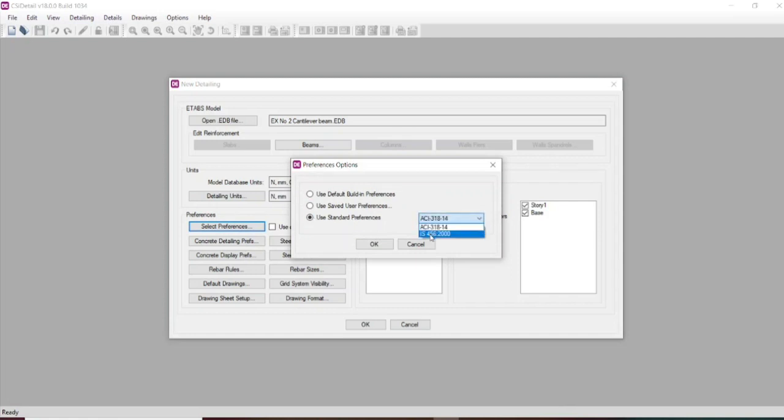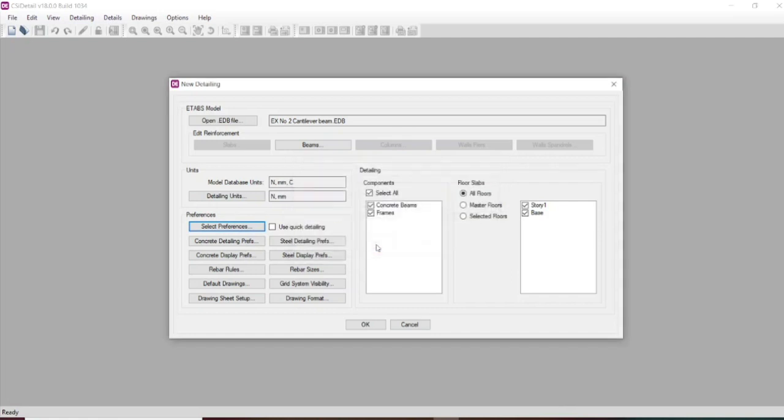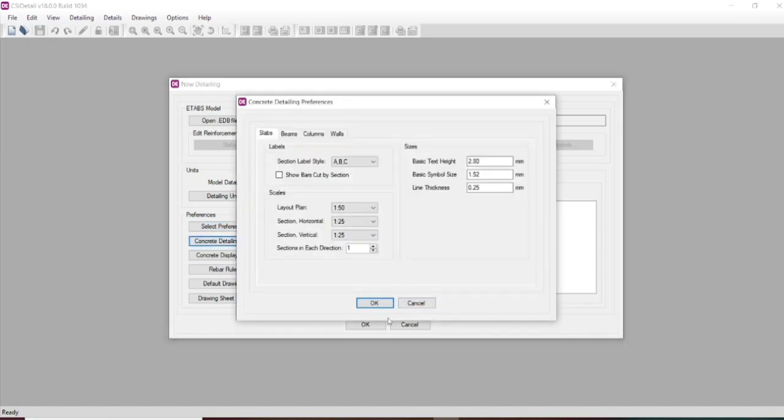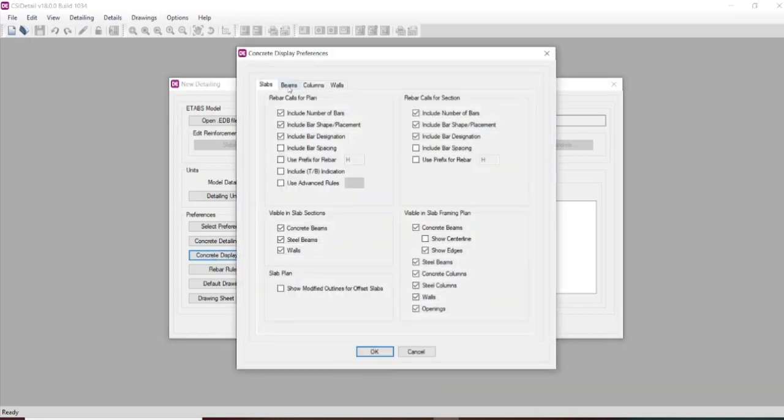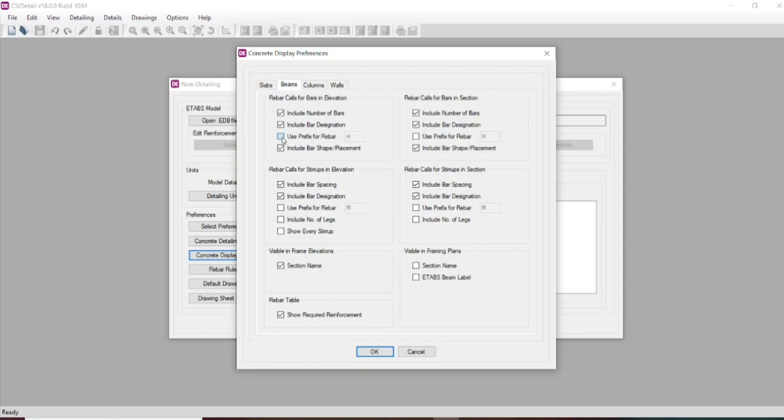Let us prefer IS 456 2000. Let the default rules apply. We need the hash. Since we are following this in our manual design, we will follow the same hash for the rebar prefix.